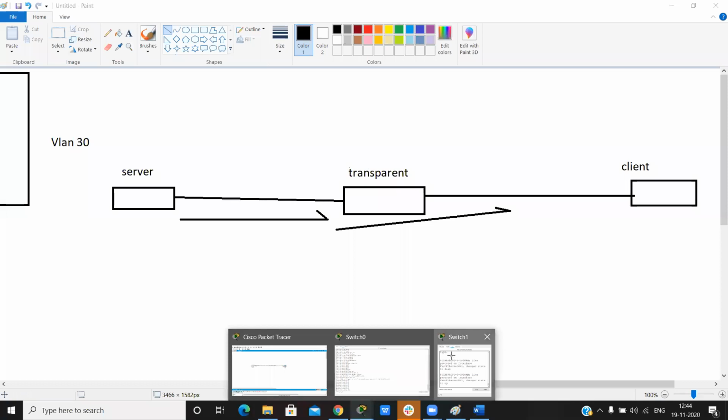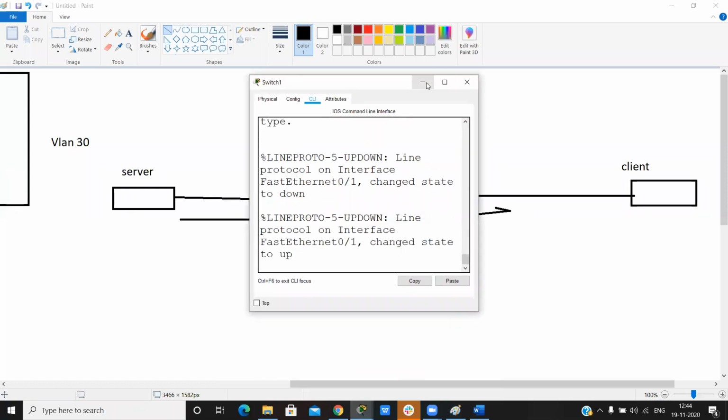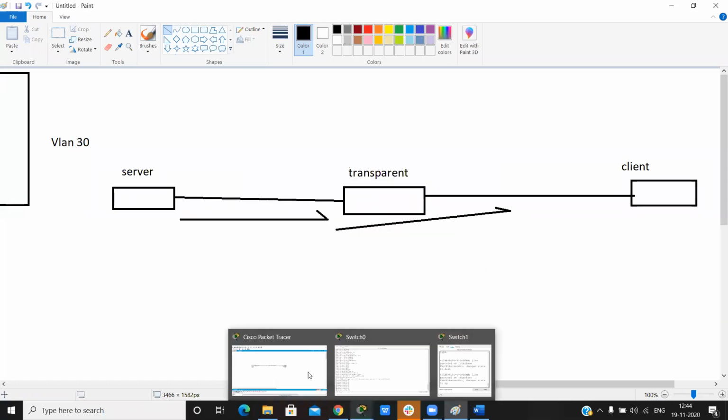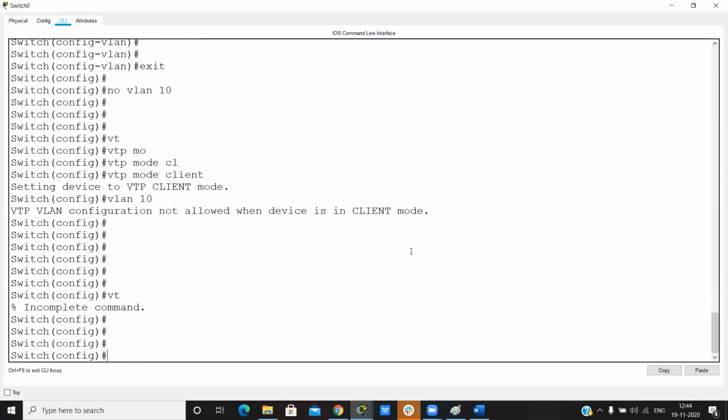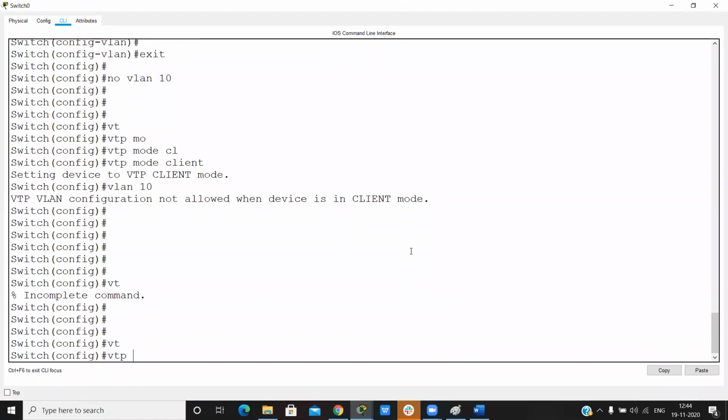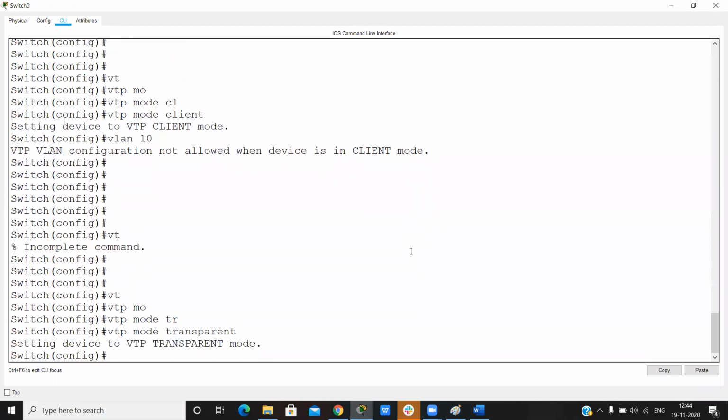Check this one. Go in the packet tracer, switch, VTP mode transparent.